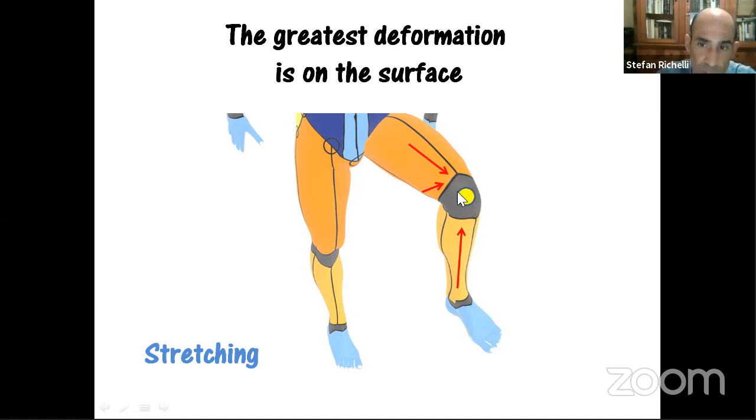To the knee, from the hip to the knee, and from the back side of the knee to the front side, to have more